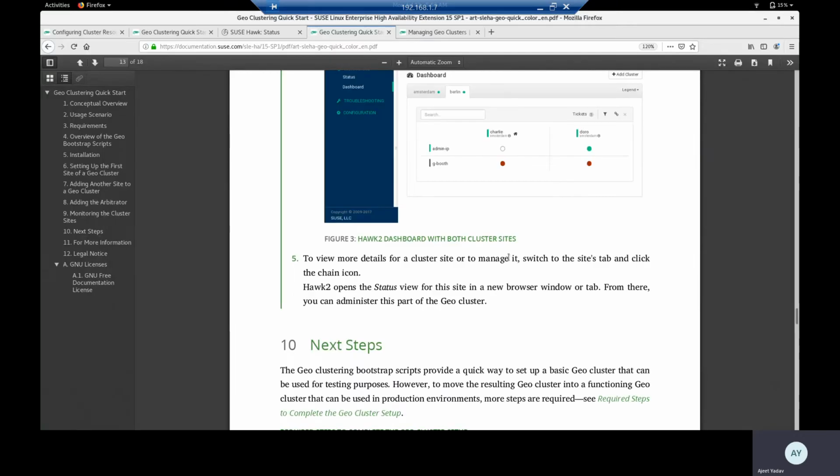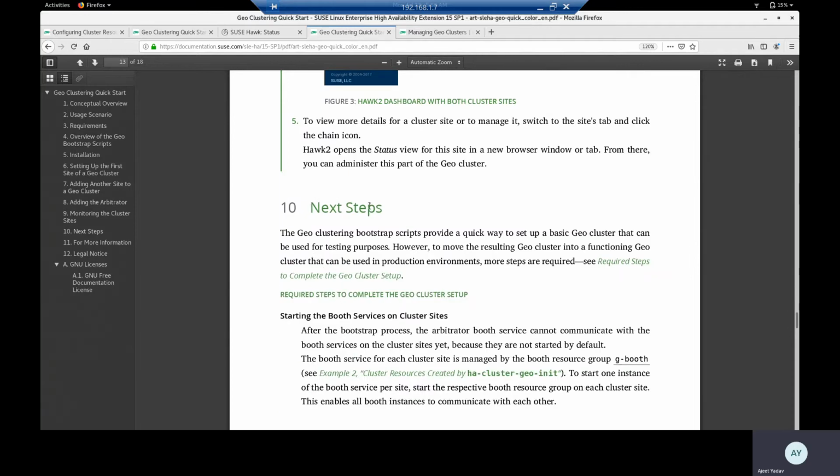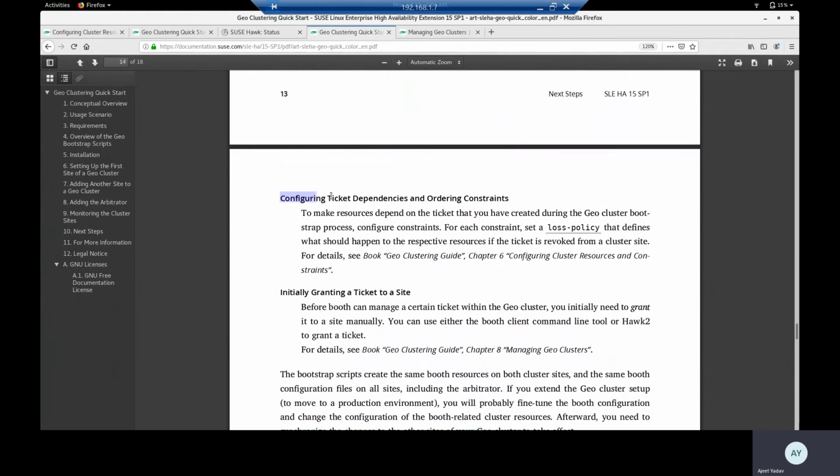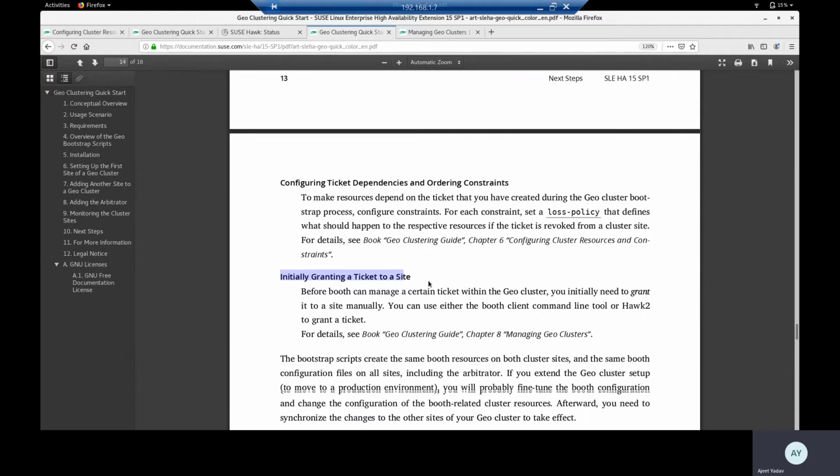That part is done, and you are ready to go to the next part, which is setting up cluster resources. So the next step is to create a cluster resource and their constraint rules along with the ticket dependencies, and then in the last you have to manage your ticket.